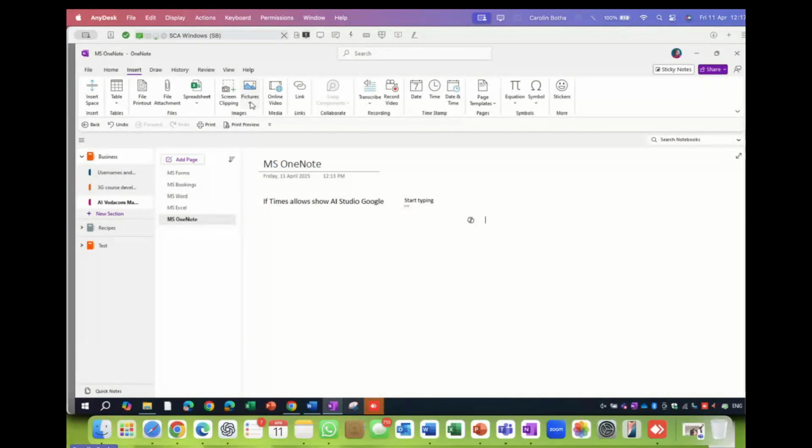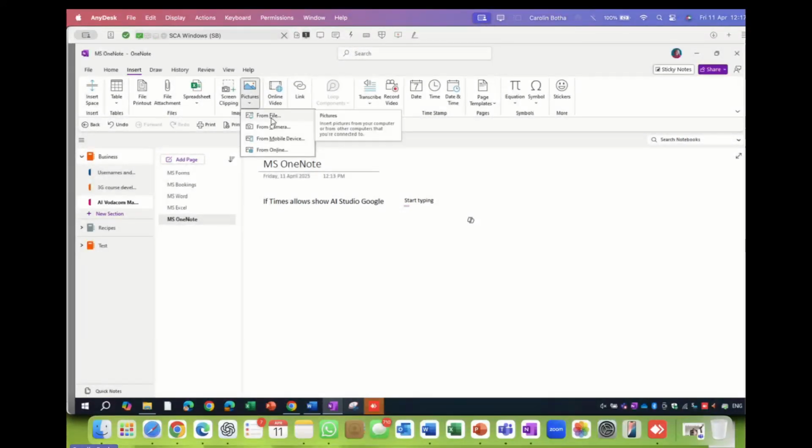So let's go and insert a picture related to OneNote that I want to refer to in a training session in the masterclass, or that I want to just show people, or a picture maybe to remind me to do something when I'm in the masterclass or presenting the masterclass. So let's go for pictures.